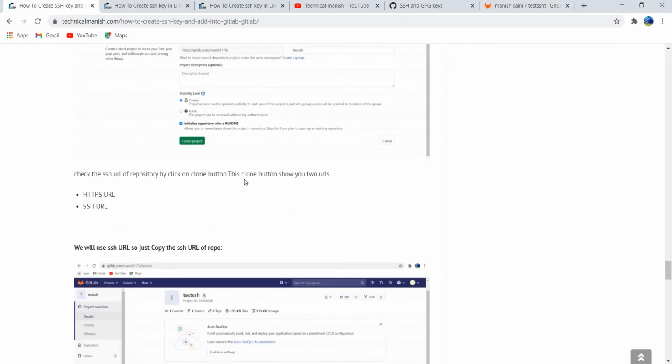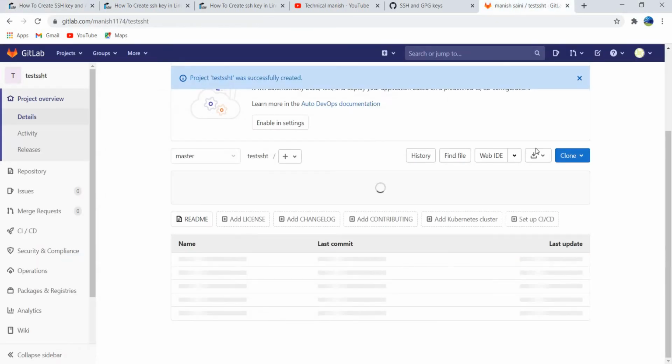So guys, this repository has two URLs. One is HTTPS and the second is SSH. Let me show you. Click on the clone button, then this is SSH and this is the HTTPS Git URL.